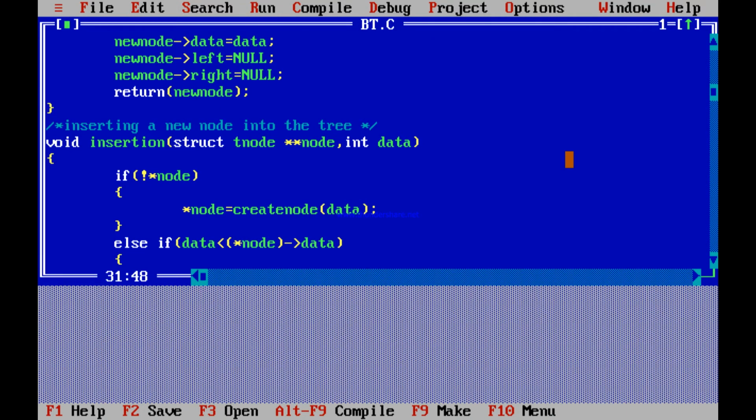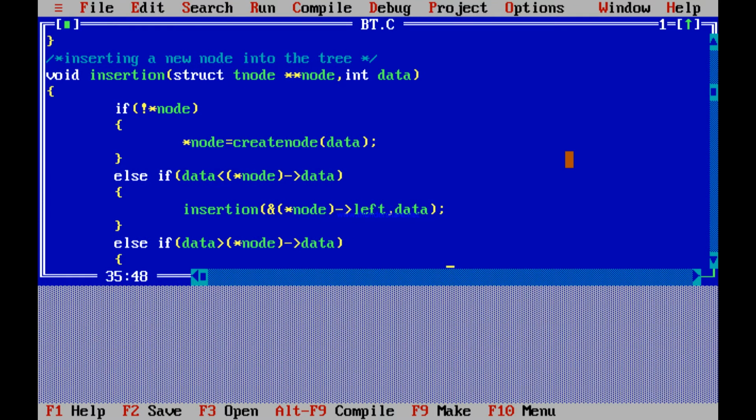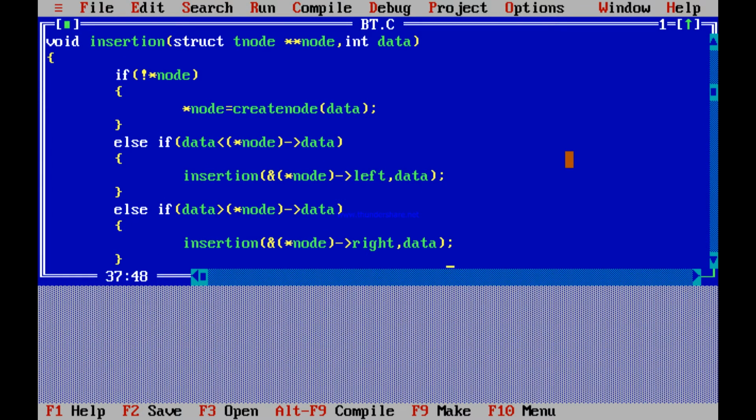Else if data is less than node->data, then insertion(&node->left, data), so we'll insert the data in the left. Else if the data is greater than node->data, then it will insert the value in the right.